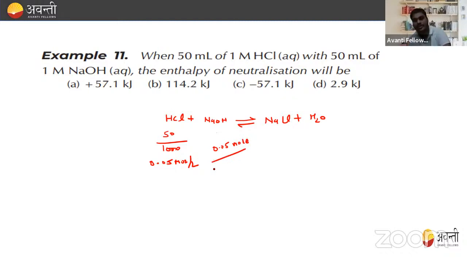Right? This will also come out to be 0.05 mole. Okay, so let us assume that if 1 mole of HCl is neutralized by 1 mole of NaOH, then 0.05 mole is neutralized by 0.05 mole of NaOH. So what is the enthalpy of reaction? The enthalpy of reaction is nothing but